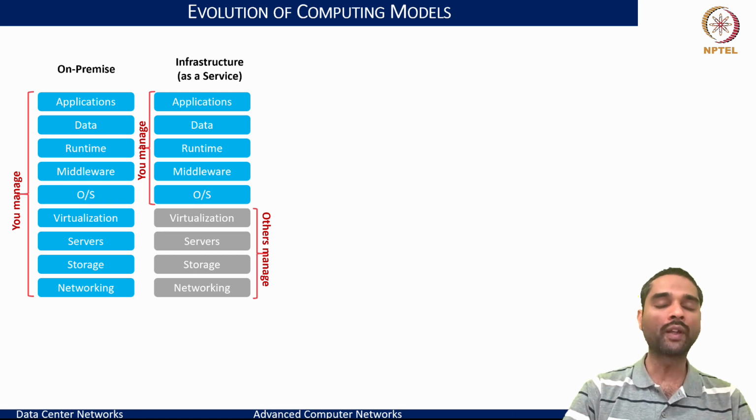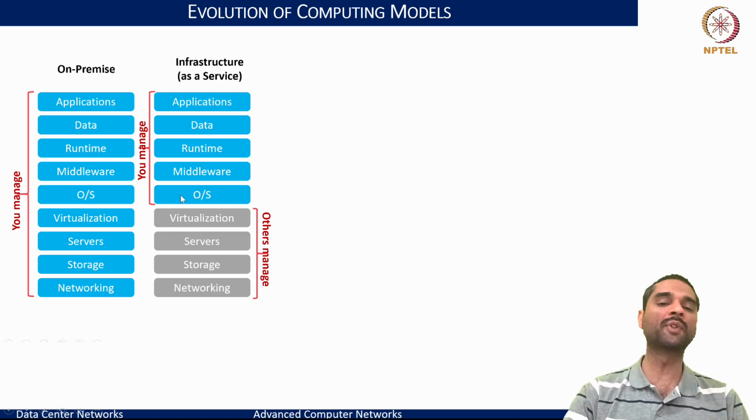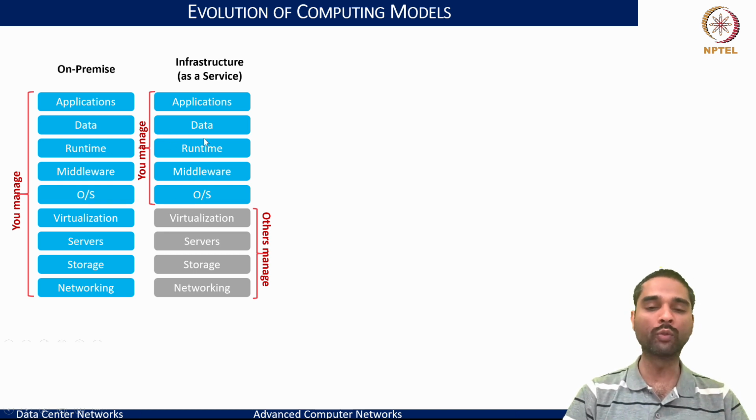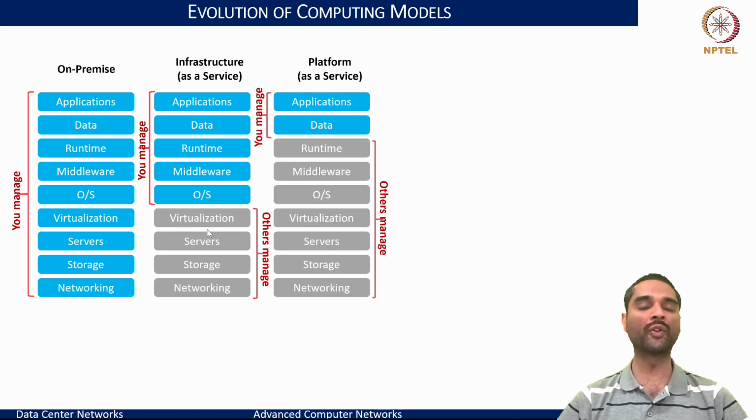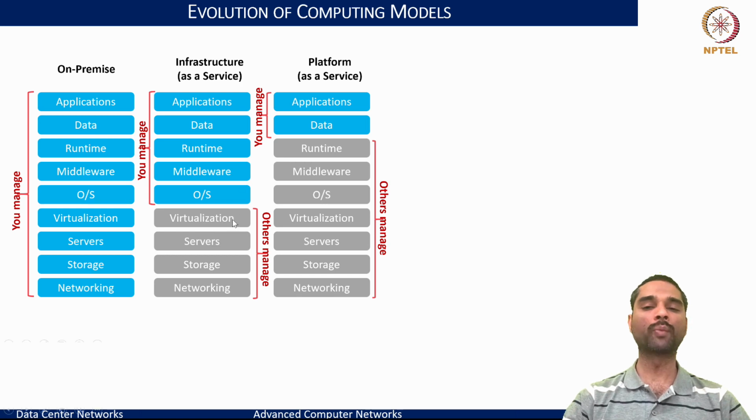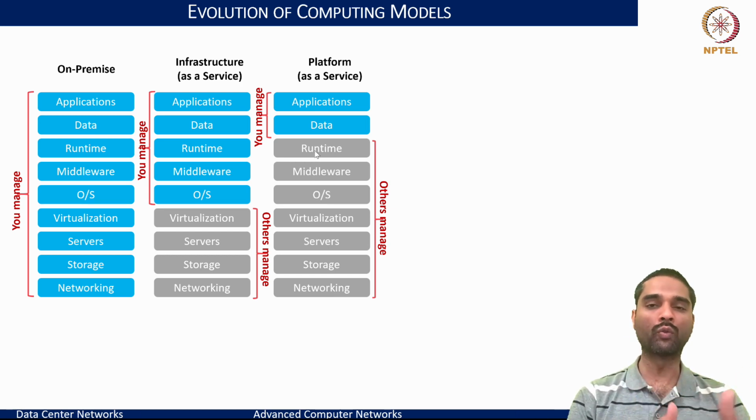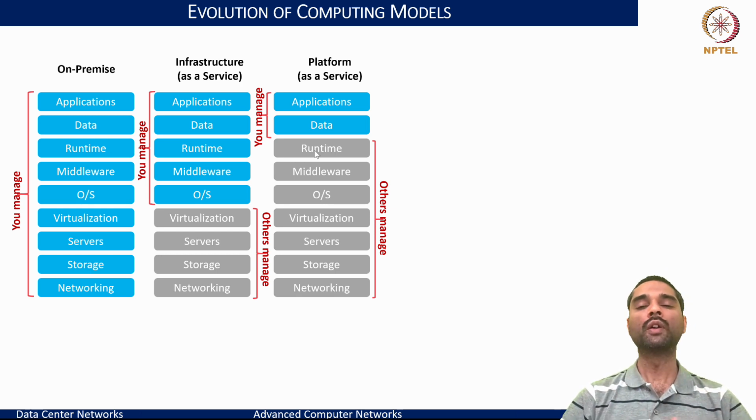And then if I want to connect multiple of the VMs, I would want to set specific rules and manage the networking components within the software stack. But how they are really going to be networked, whether it's going to be a virtualized network, a physical network, all of that would still be managed by the cloud service provider. And when we move into platform as a service, we further see that now as a platform, the cloud service provider would take care of the operating systems, the middlewares, and the runtime completely and let the developers or whoever wants to have access to the platform develop and manage just the applications and data that you would want to build.